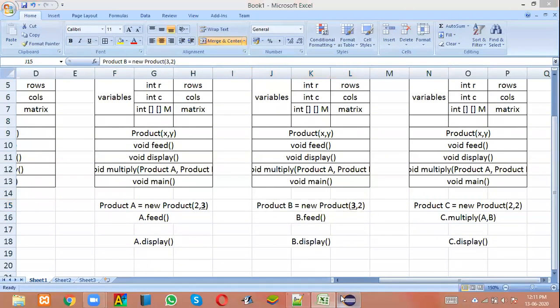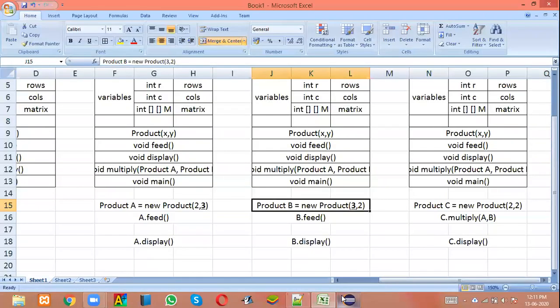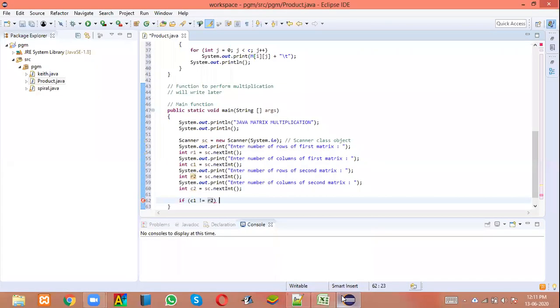So what we'll do is, before we do anything else, we'll put a condition. If c1 is not equal to r2, in this case multiplication is not possible.